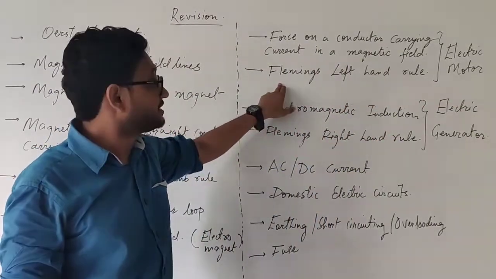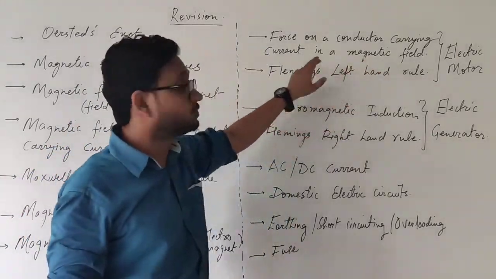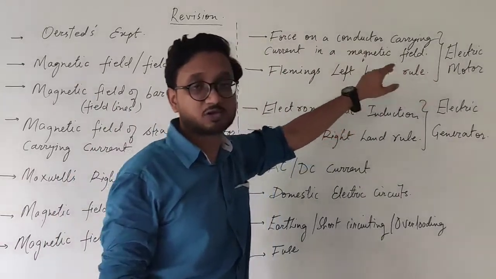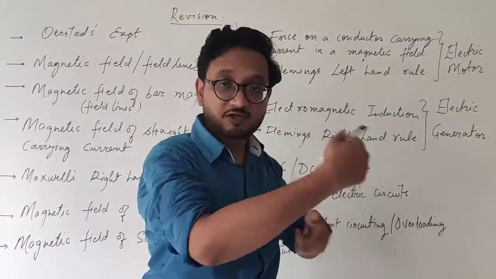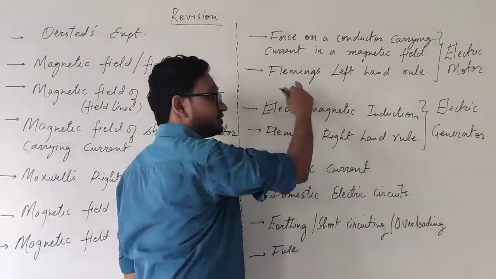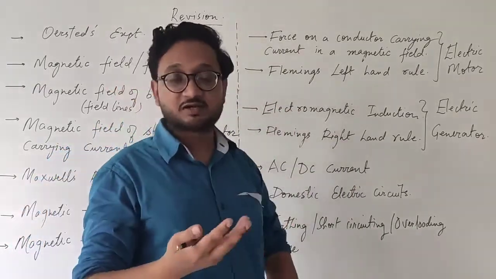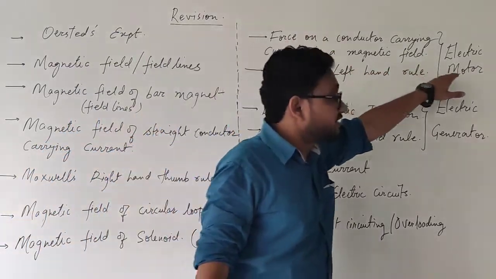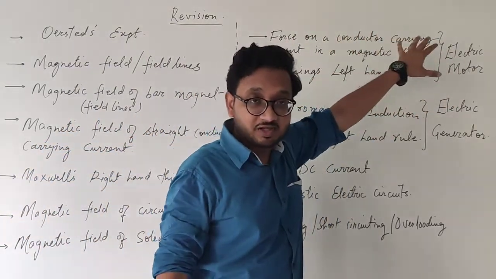Combined with these two, we have the electric motor, that is the point most important for us in our day-to-day lives, but it is based on these two points only, that is the force on a conductor carrying current, which is the principle of the electric motor, and the direction in which the conductor will move, either in this direction or this direction, that is given by Fleming's left hand rule. Now these three points are different, but they are all together related.